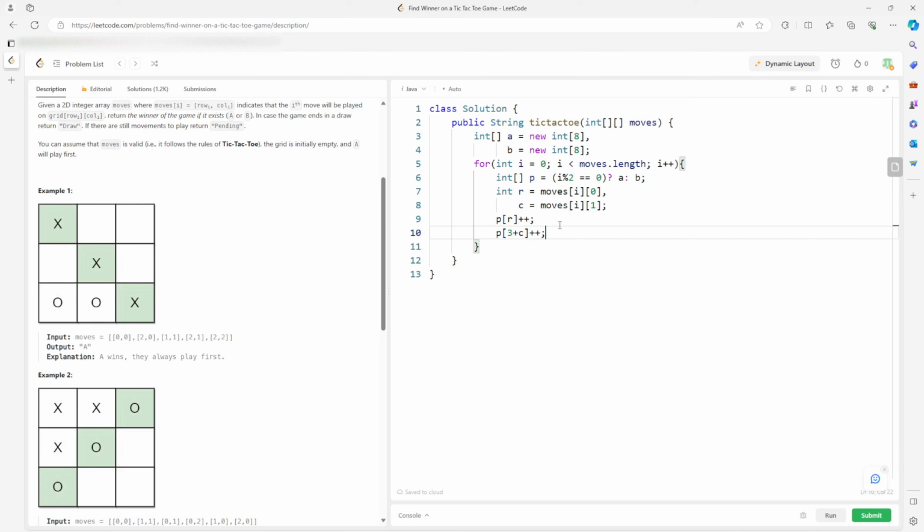So which is 3 plus C. One of the reasons we can use 3 plus C is because the value at least is always 0, 1, 2, right? 0, 1, 2, and then we don't want to conflict with the rule 0, 1, 2. So we want to make it different, so we plus 3. Alright. So if the R and C are equal,